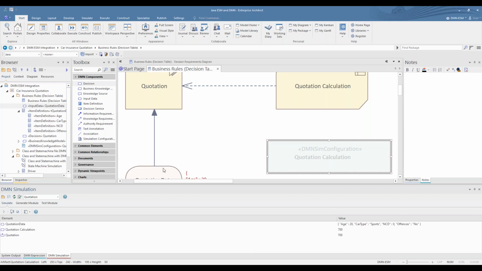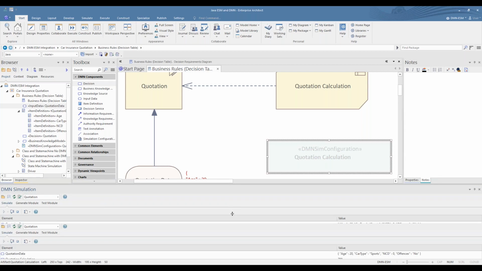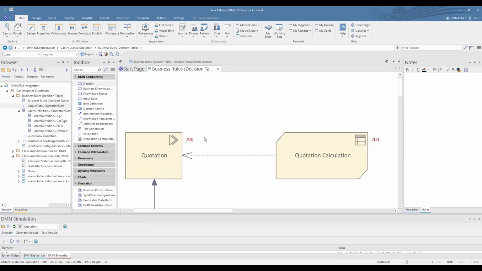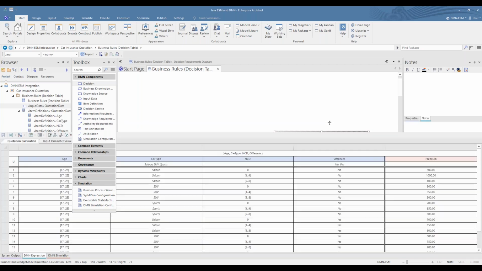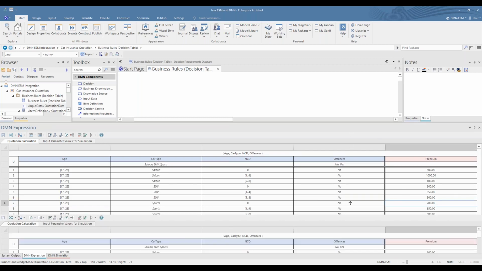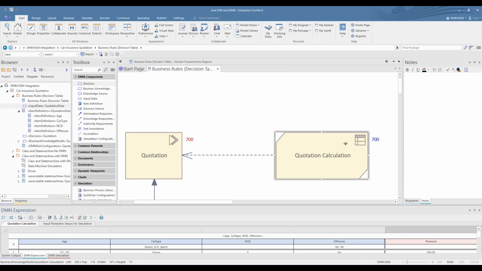Now, notice what's happened if I just minimize there on the screen. This is the input set. And if I scroll up, there is the result from the decision table. Now, is it correct? Rhetorical question. Well, if I go into the decision table, rule 7 is 700. So yes, we validated that our test data set does in fact work. Great. So now I can end the simulation.